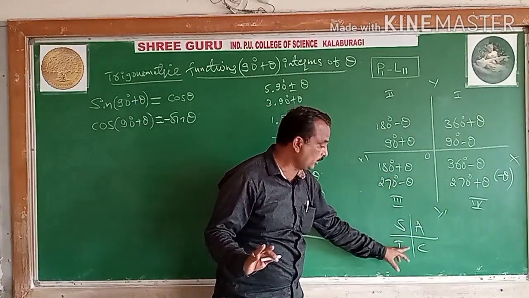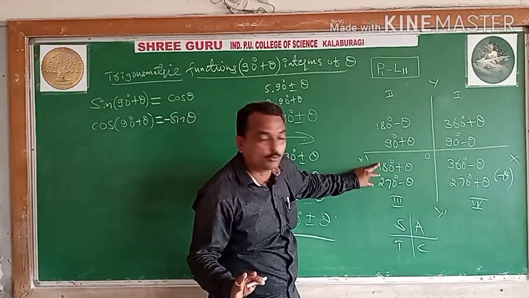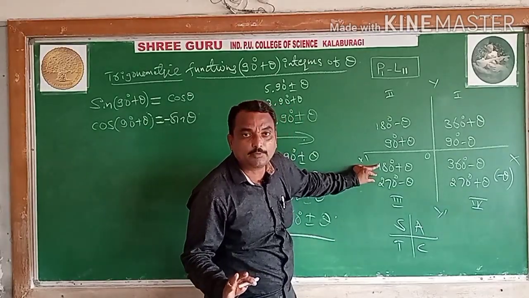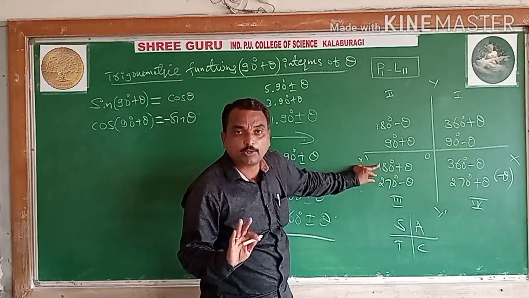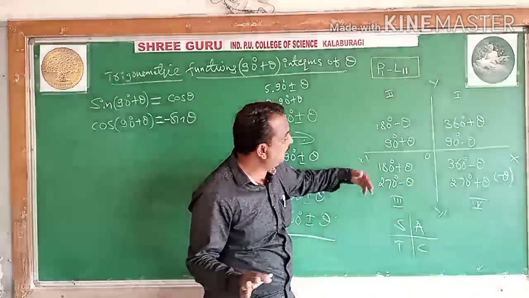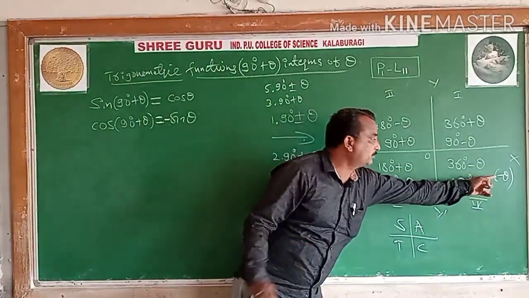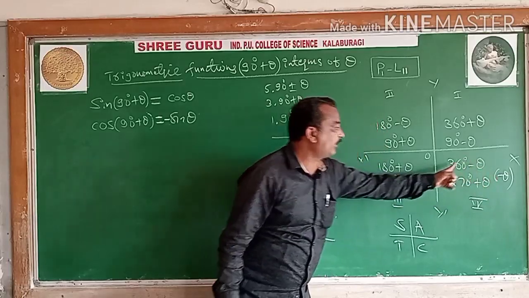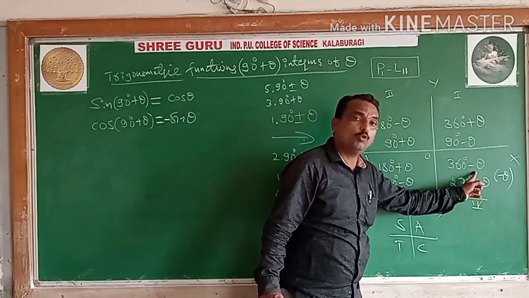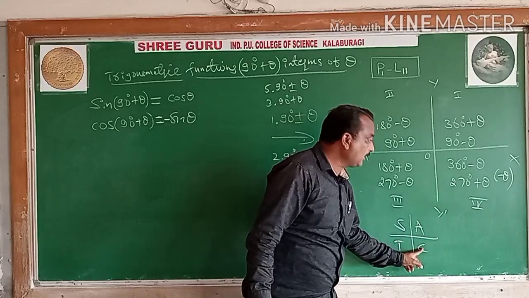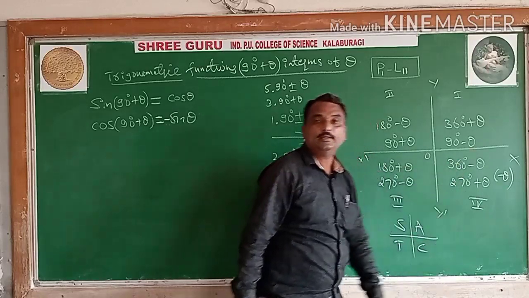These fall in the third quadrant. When you are writing the trigonometric functions of these two angles, you should write positive only for tan and cot, the remaining are negatives. Similarly, for these three angles, including the negative angle, only cos and sec are positive, and you should write negatives for the remaining.